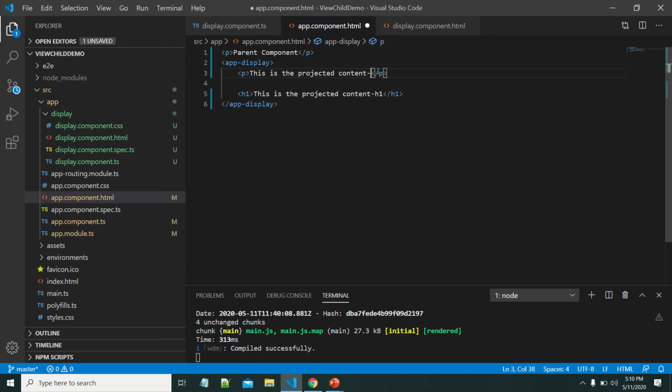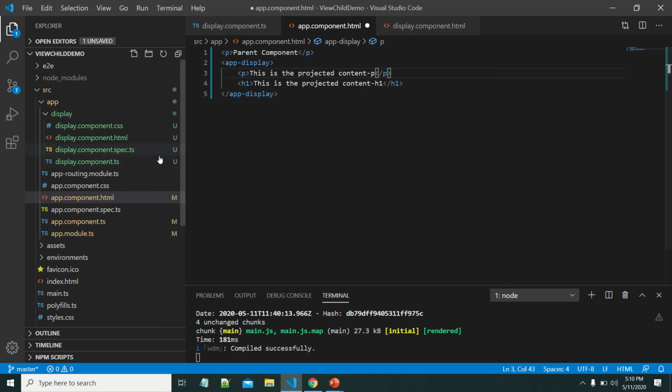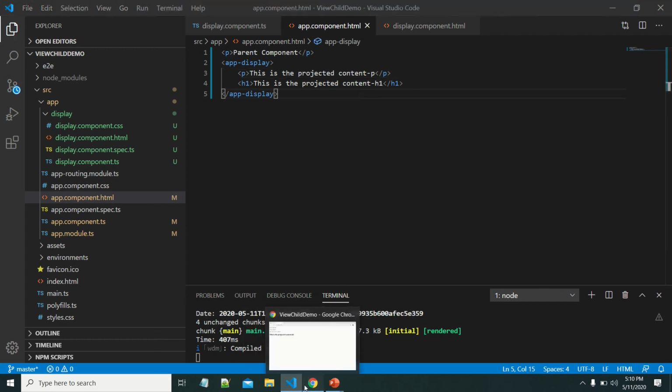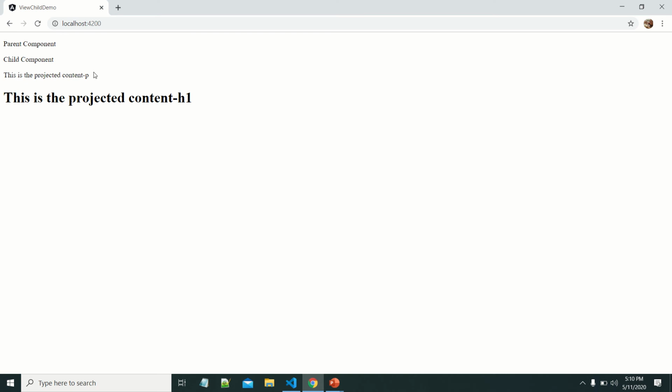Let me put something here to differentiate. Now I want to project both p and h1 into the child component. We can project it. Let's see the output here. Yes, we can see both are projected into the child component.